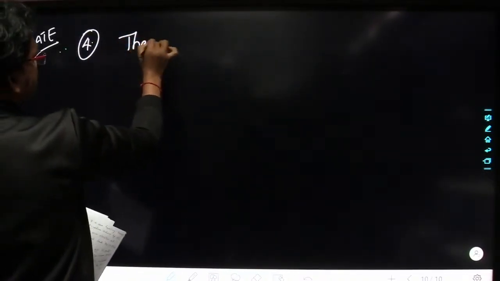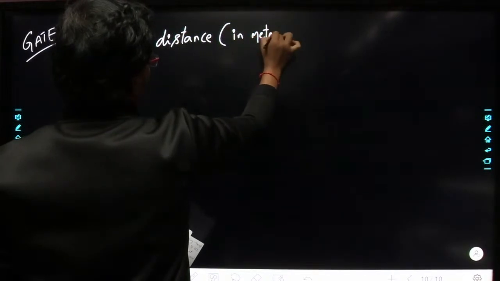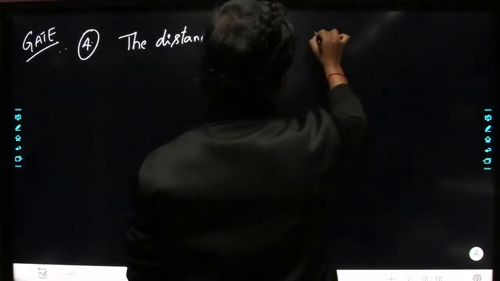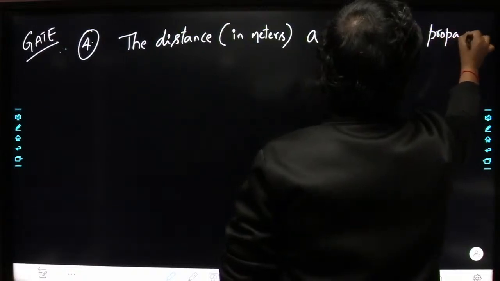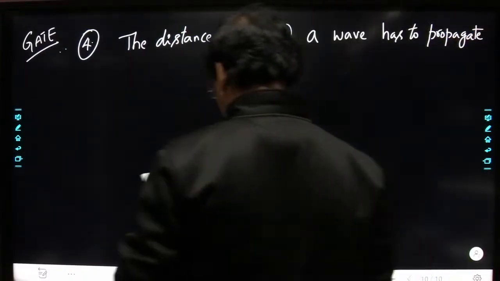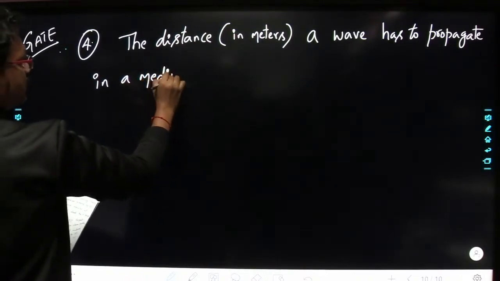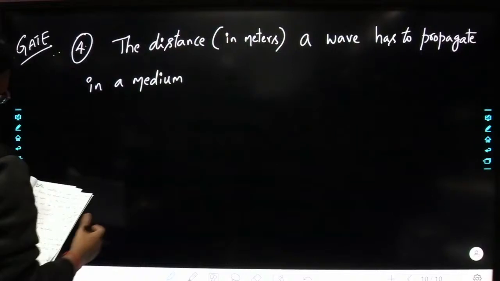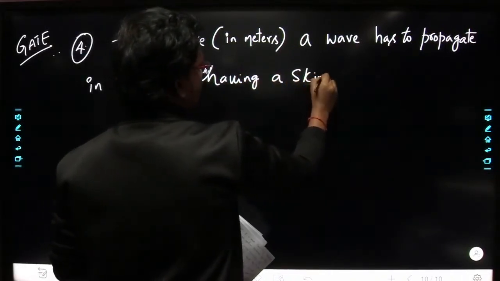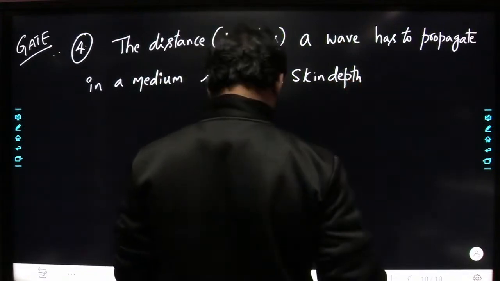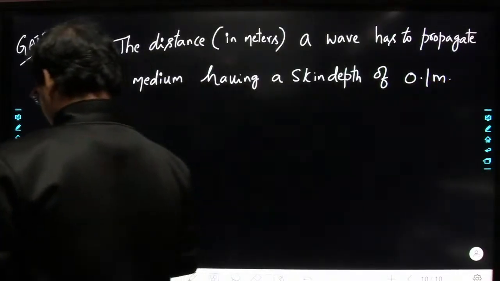The distance in meters a wave has to propagate in a medium having a skin depth of 0.1 meters, so that